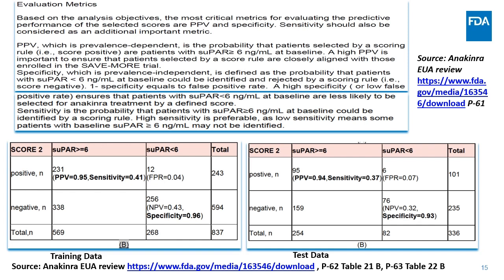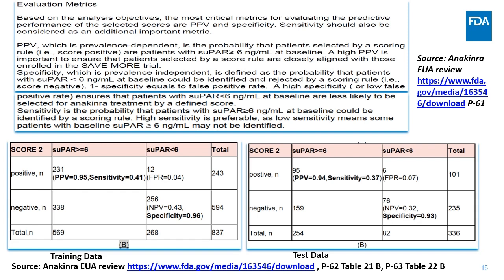We also considered the mechanistic plausibility for the identified features. The model performance using the finally selected scoring rule is shown in the two tables below. The table to the left is the results from the training dataset. The table to the right shows the results from a test dataset or an external validation dataset. The information in the test dataset is obtained from SAFE trial, which is totally independent from the trial used for